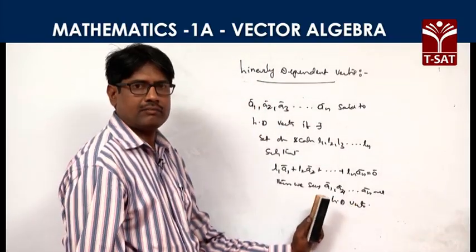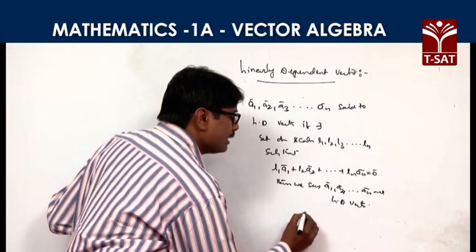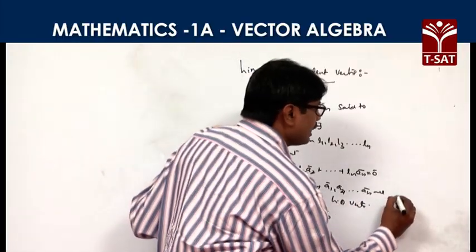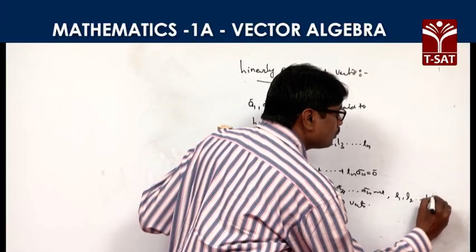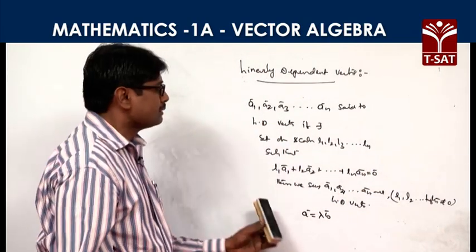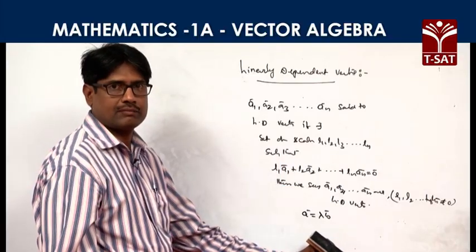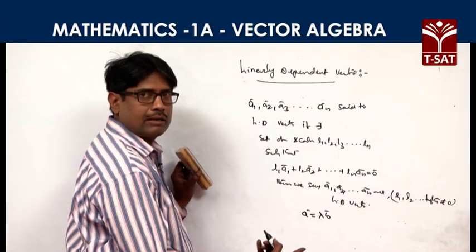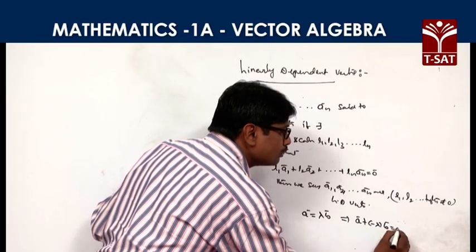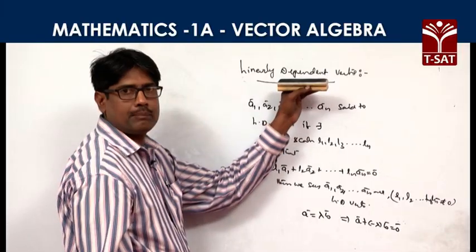As an example of linearly dependent vectors, we have just seen that all parallel vectors can be expressed as A bar is equal to lambda times B bar, with L1, L2, Ln together not equal to 0. That set of vectors we call linearly dependent vectors. Just now we have seen that if two vectors are parallel, one vector can be written as lambda times the other vector. So A bar is equal to lambda times B bar can be written as A bar minus lambda into B bar is equal to 0 bar. This is the linear combination. So all parallel vectors are linearly dependent.